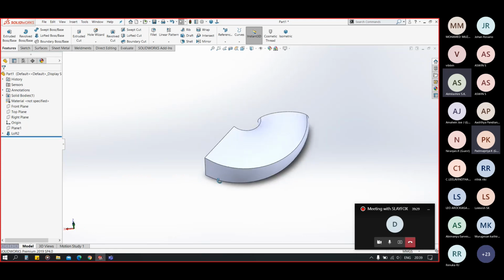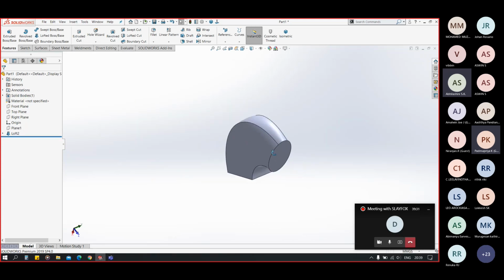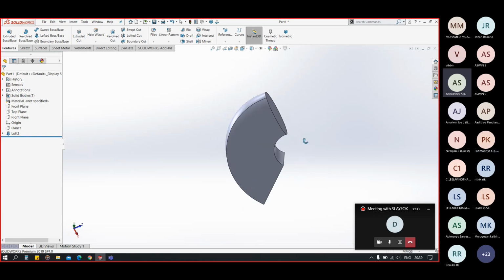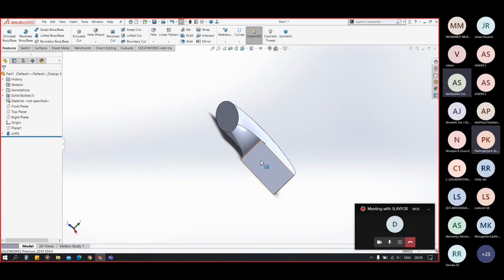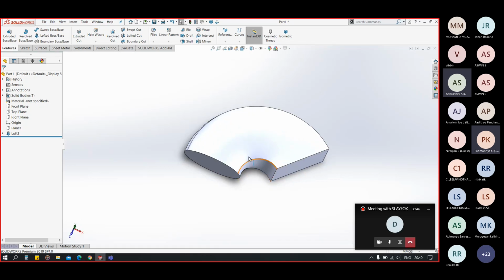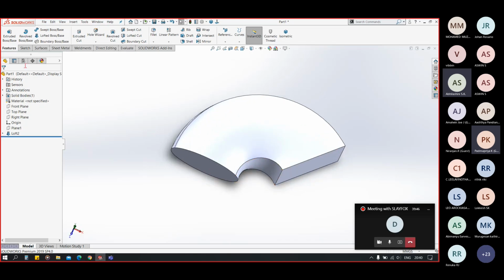Now you can see we have this lofted feature here, in which we have one profile as a rectangle, the other as elliptical, and we have our path as an arc. So similarly, we can have our swept cut, lofted cut, and other functions like that.